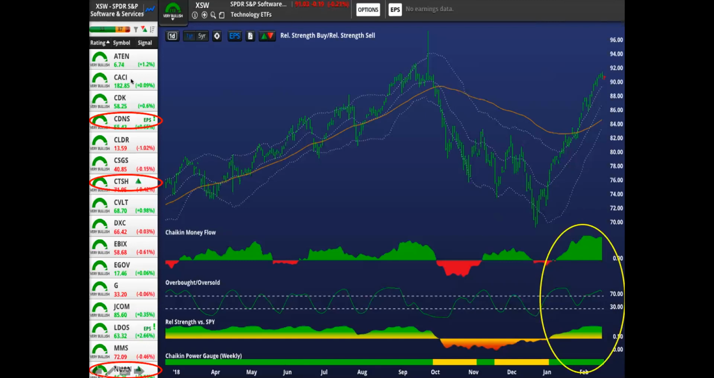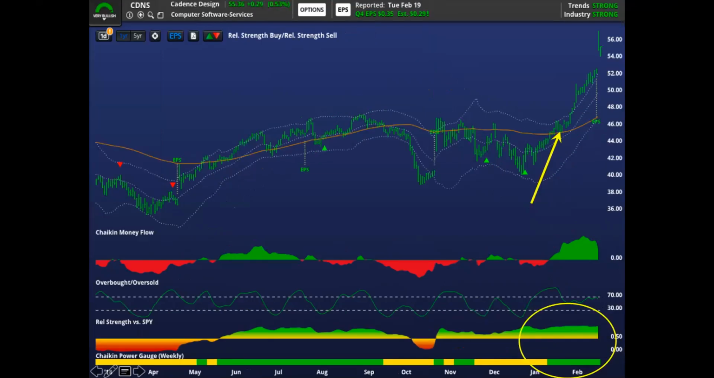On the left, we see all the very bullish stocks listed. You can scroll down and see more of them. We're going to look at 4 of those stocks right now. We've circled Cadence Design, Cognizant, and Nuance. So let's look at Cadence Design. Power Gauge has been bullish for almost 9 months, since May, with a little excursion into neutral. Outperforming the market,